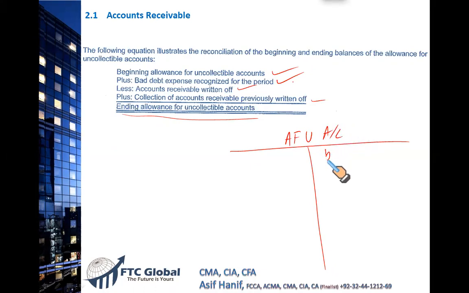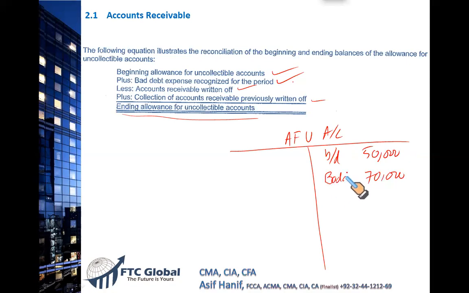In 100% of cases, you will have an opening balance that is given on the credit side. Let's say, just an imaginary number, 50,000. That's the opening balance of your allowance, which is given in the previous example as well. It's on the credit side mostly. Now, any allowance you create during the period, the entry we make is bad debt expense debit, allowance for uncollectible accounts credit. Let's say this year we created a provision or allowance of 70,000 through bad debt expense.